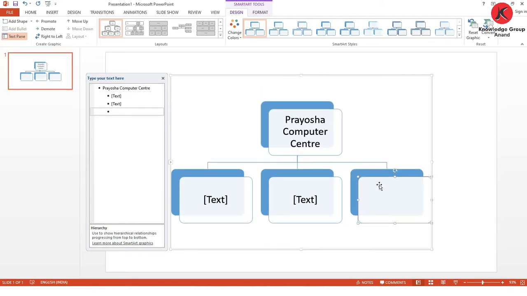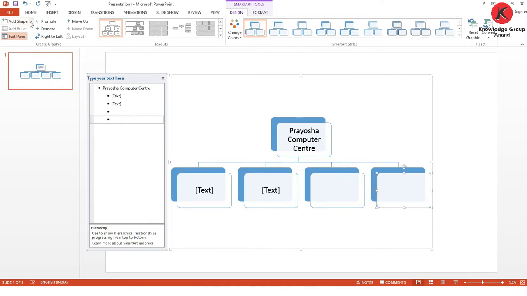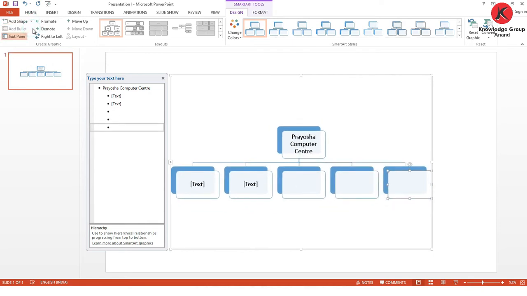Now next I want to add after this one. So select this again, click on it, and then click on the after. Okay, same way I am going to add another one. So after, I have already added 5 sub options. Now here I'm going to type different course names.